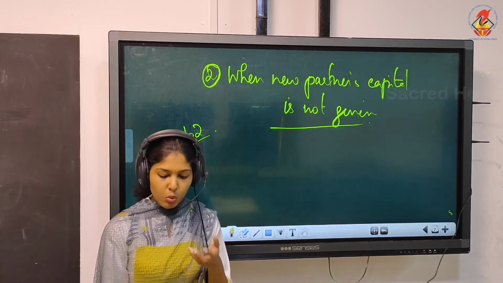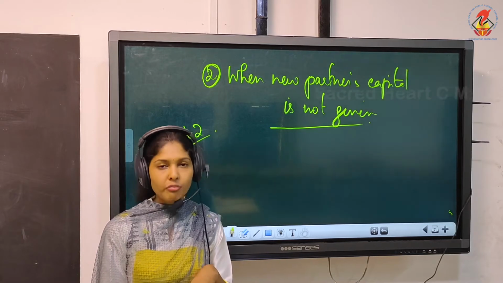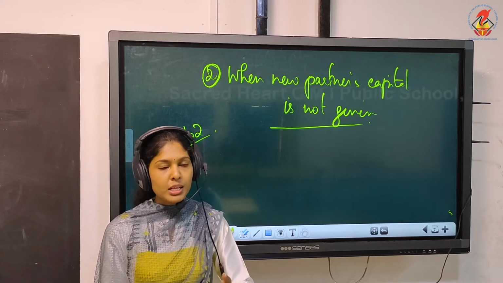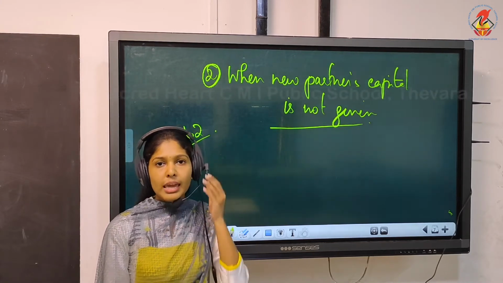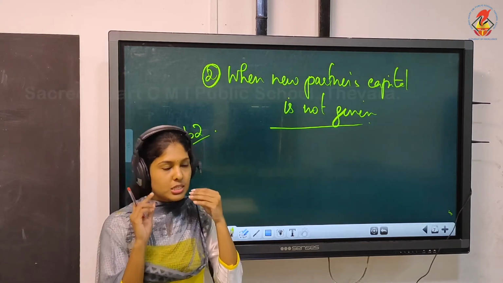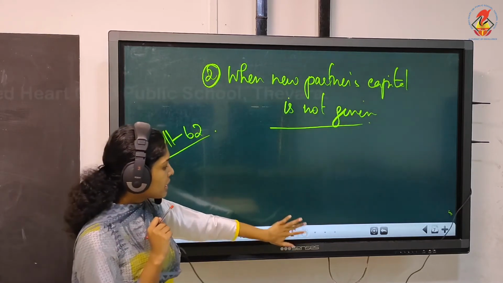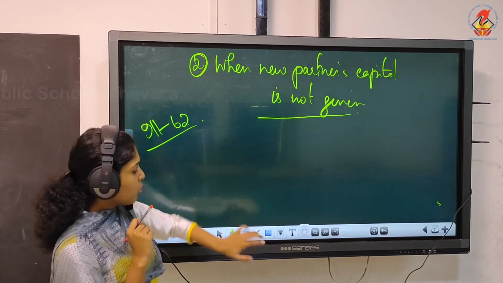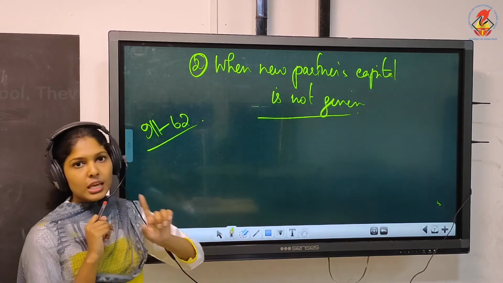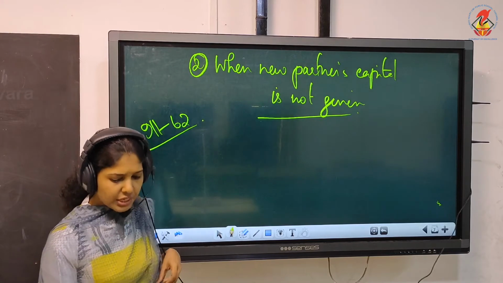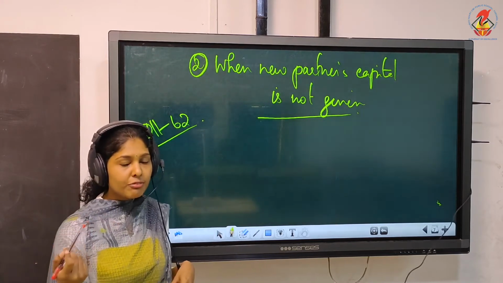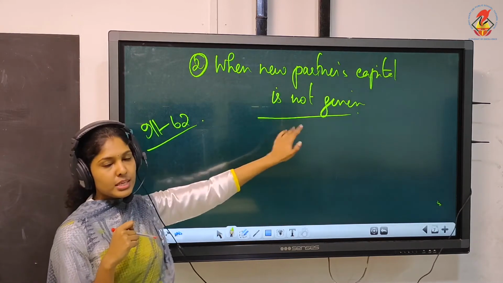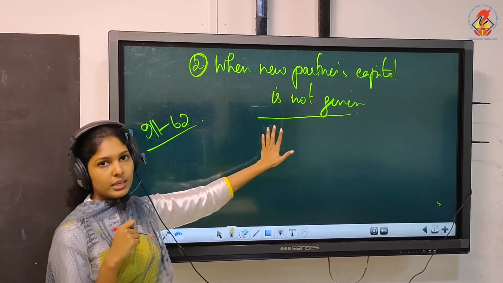So here we have six adjustments, and in the sixth adjustment, did you see, they will bring proportionate capital so as to give him 1/6 share in the profits of the firm. It is just mentioned he will bring proportionate capital. Usually in questions, the capital figure will be mentioned, whereas in this question, the capital figure is not directly mentioned. That means this is method number 2 where the new partner's capital is not given. Understood? This is how you have to identify this question. Second method, the new partner's capital will be missing. Then you have to confirm it as the second method.